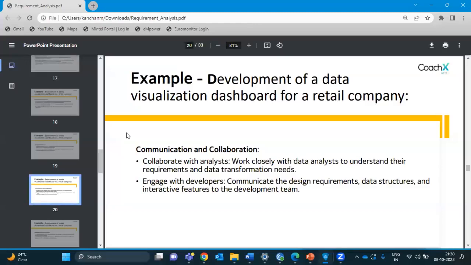Communication and collaboration, this is very general. You will have proper communication। अगर न्यू डेटा स्ट्रक्चर ऐड हुआ है, न्यू कॉलम ऐड हुआ है, न्यू ग्राफ ऐड हुआ है, तो आप सबको बताएं। ऐसे नहीं आप डेवलप करें और टेस्टिंग टीम को पता ही नहीं है कि वो भी टेस्ट करना है। तो आप एक प्रॉपर कम्युनिकेशन और कोलैबोरेशन।